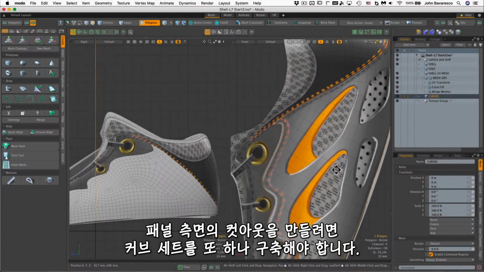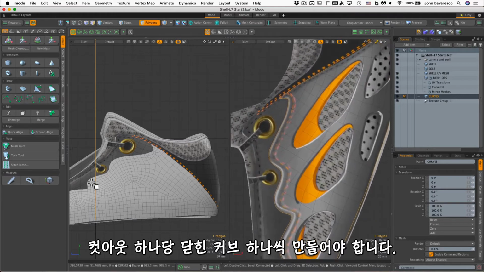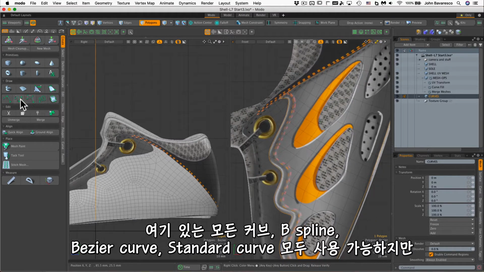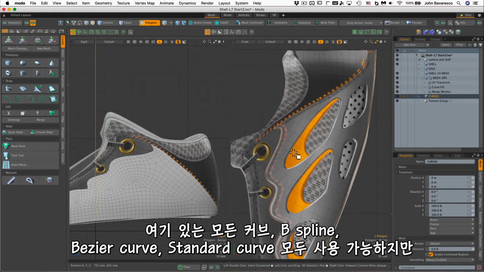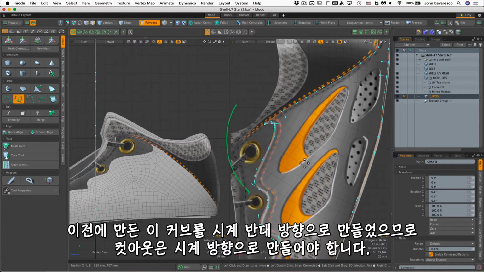Now, in order to create the cutouts that we have on the side panel, we'll need to build another set of curves, one closed curve for each of the cutouts here. And any of these curves that we have will work. B-splines, Bezier curves, or standard curves, they'll work for us. However, just as we built this curve in a counterclockwise direction, we have to build the cutouts in a clockwise